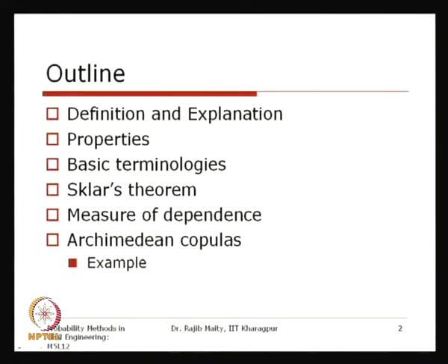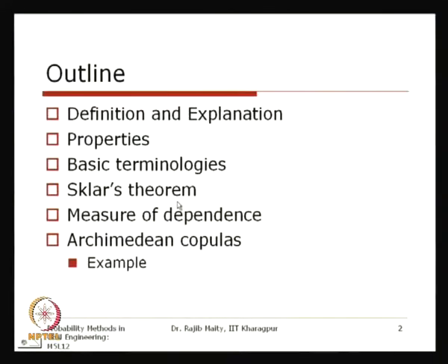As you know, when we transform from the one dimensional to the multidimensional cases, the meaning of the basic terminologies should also be extended to the higher dimension. Regarding that, we discussed some more terminologies, for example, grounded, the H-volume, and the 2-increasing function. Those are the properties that should be satisfied by a function before we can declare it to be a copula. After that we also discussed the Sklar theorem,